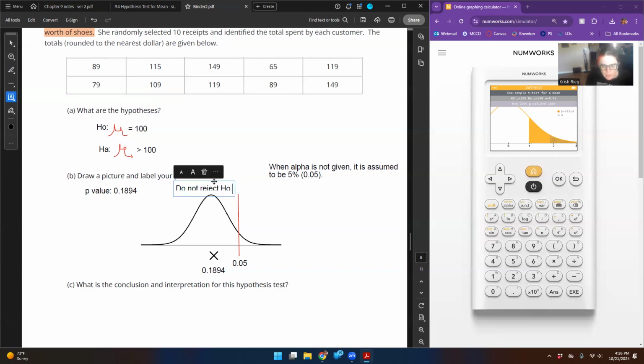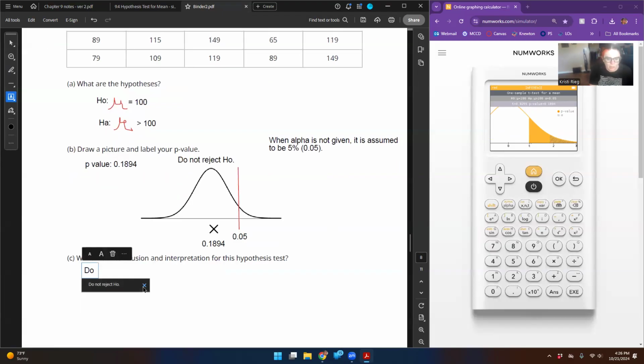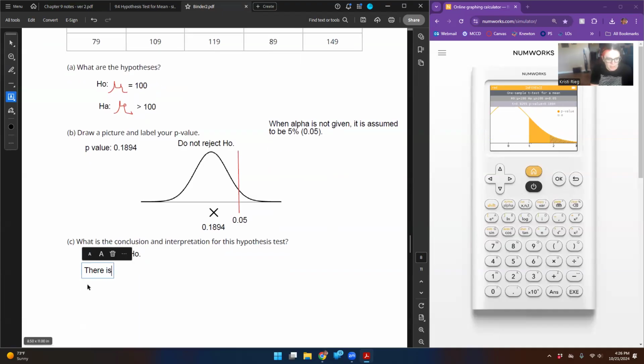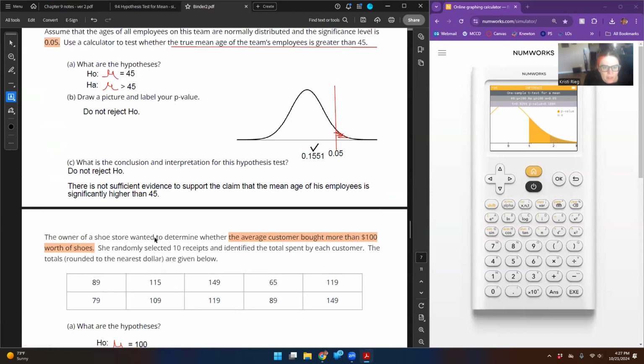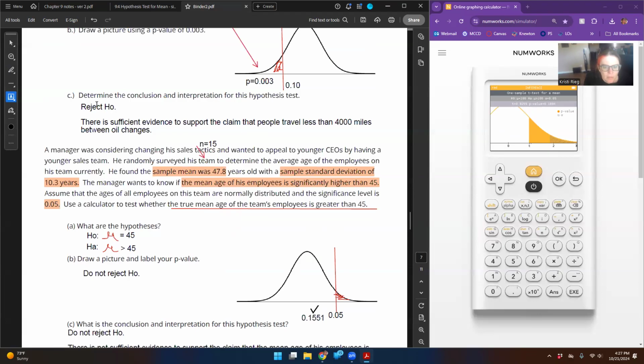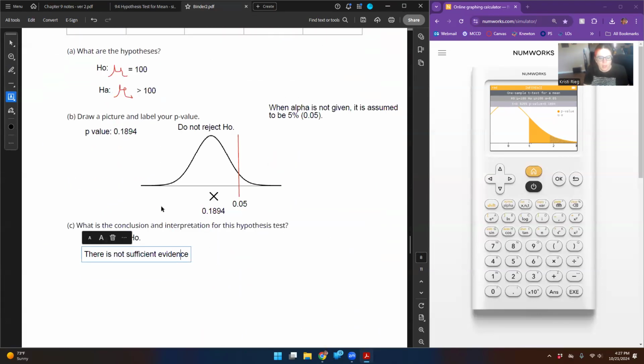Something I wanted to say. I don't know if you noticed this, but when we're writing this, do not reject the null, with the word not, the word not is also in here: there is not sufficient evidence. I don't know if I said that in the last video, but that's one way to remember how to write the conclusion and interpretation. The nots go together, and then we do one that is reject, where there's no not in here. There is not sufficient evidence that